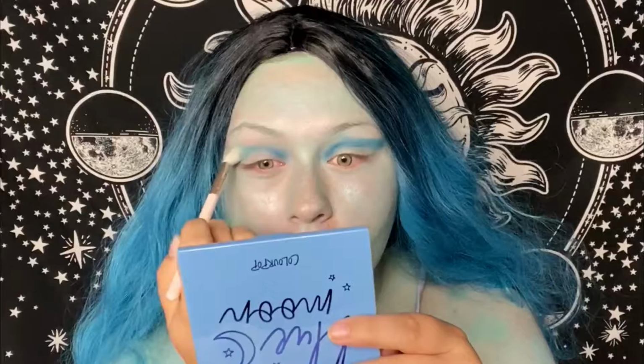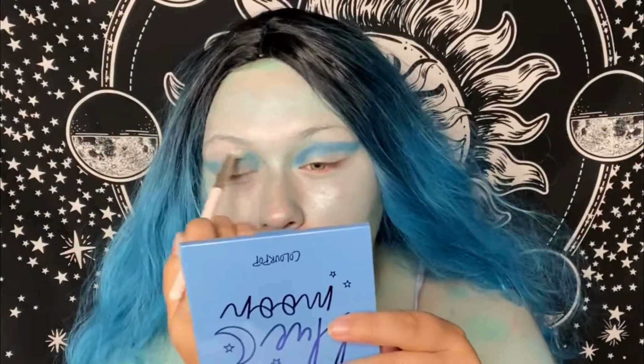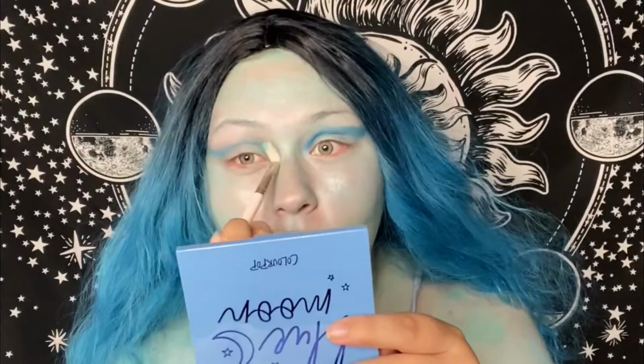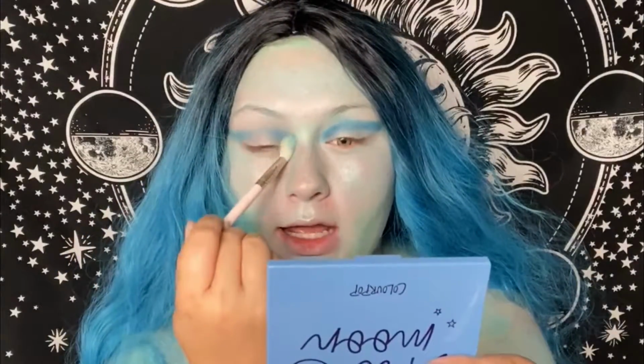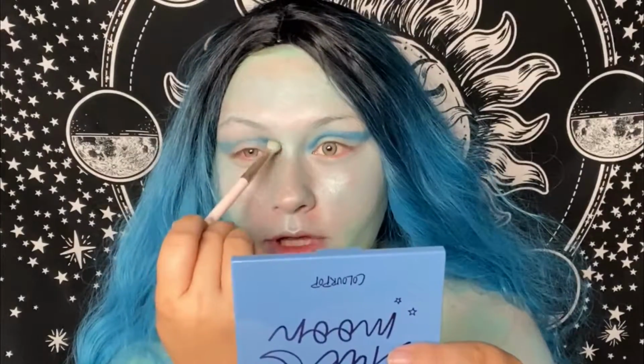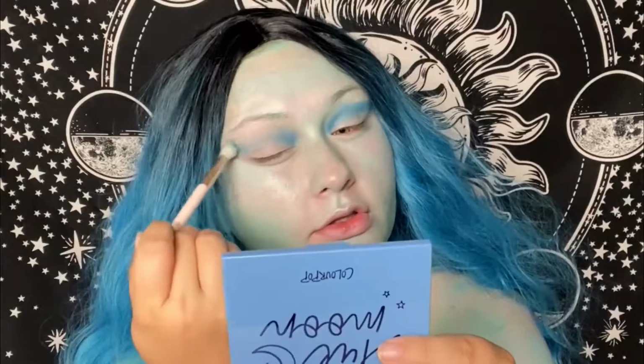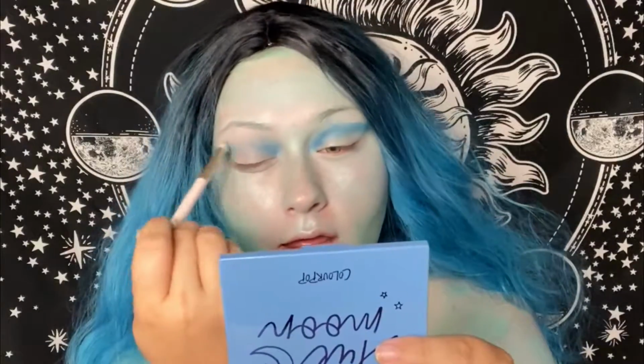Blue is hard to blend anyway, but you definitely want to take your time, lay it out and blend it if you want something really dramatic. And this keeps it from being patchy too, so just kind of work your way in circles across and out and then back in. Now that we have that all blended, I'm going into the Blue Moon palette from ColourPop,